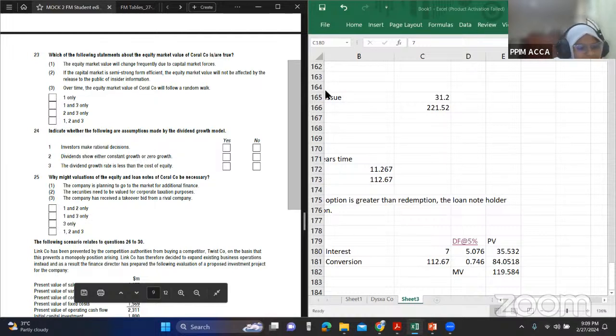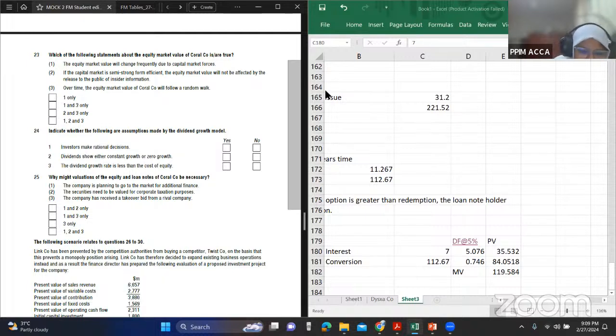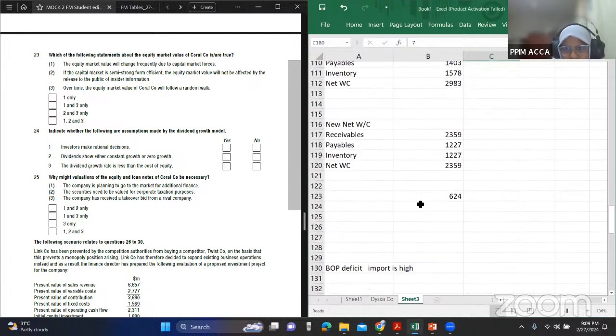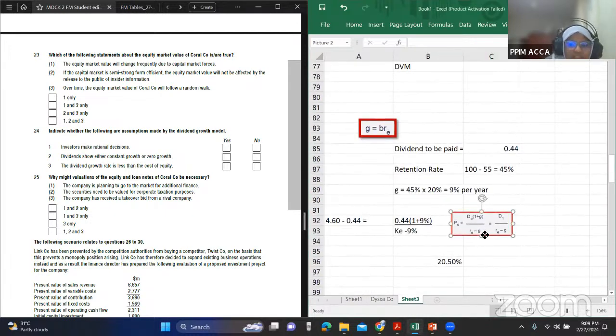Then, the dividend growth rate is less than the cost of equity. That is true. Okay, because look at this equation. I think I had it here somewhere. I'm sorry for taking a little more of your time since it's the last class. Now see here, if the growth rate was actually more than the cost of equity, think about it, the denominator will become a negative figure. And you should know mathematically, if you take a positive numerator divided by a negative denominator, it will say math error in your calc. So you can't divide something with a negative figure. So we assume that the growth rate is always less than the cost of equity. So that is also a yes.